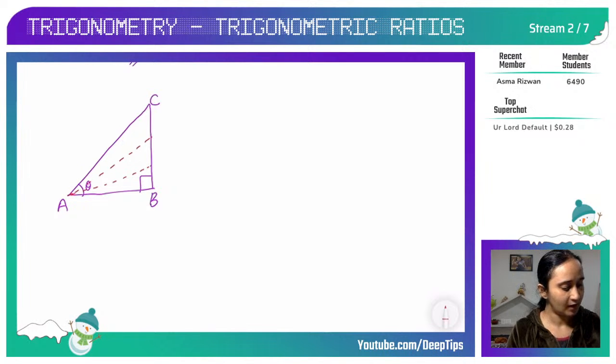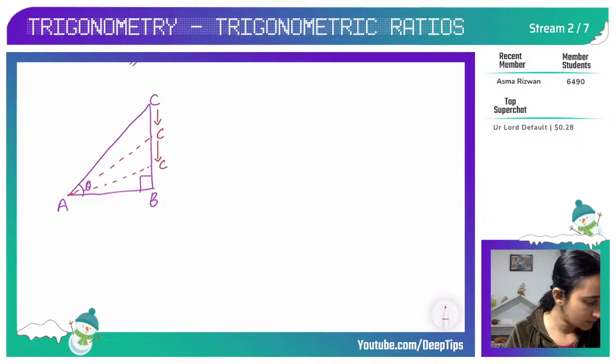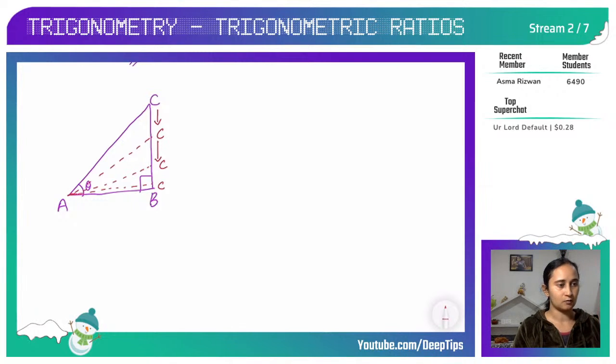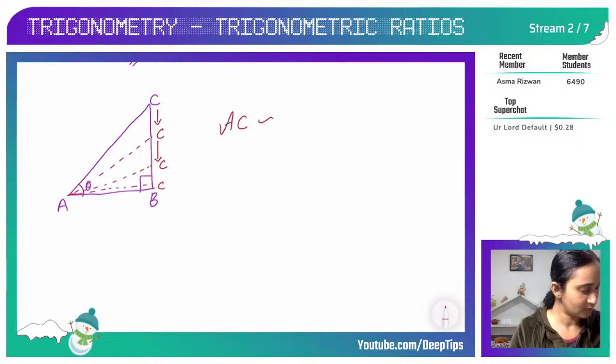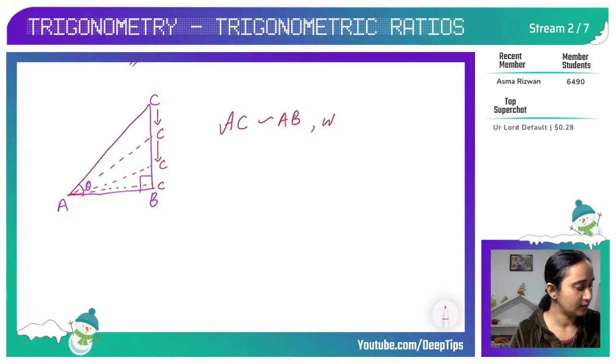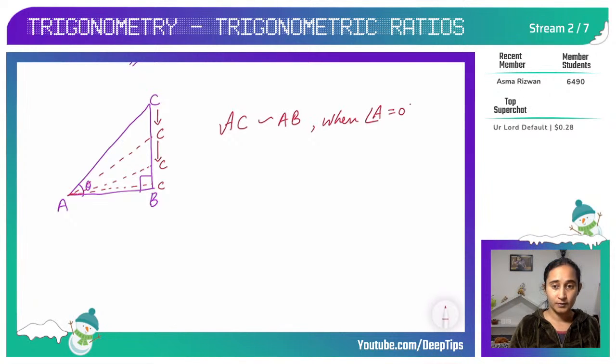So here, when I am making this angle smaller, this C will come down, and gradually, as it becomes smaller and smaller, this C will come down. So the length of BC is decreasing, correct? The length of BC is continuously decreasing as the angle goes to 0, and eventually AC becomes equal to AB, correct? When angle A approaches 0 degrees, by decreasing the length of BC gradually, AC and AB become equal,